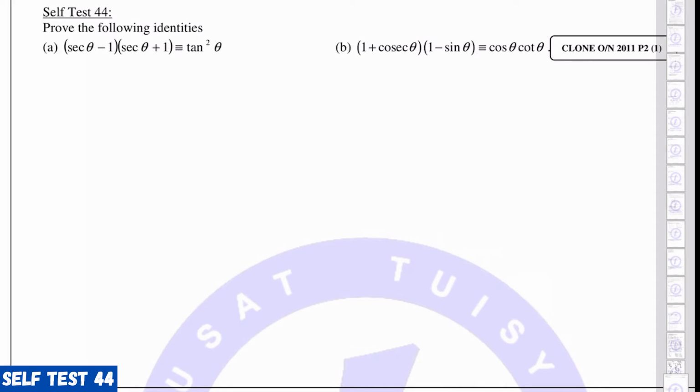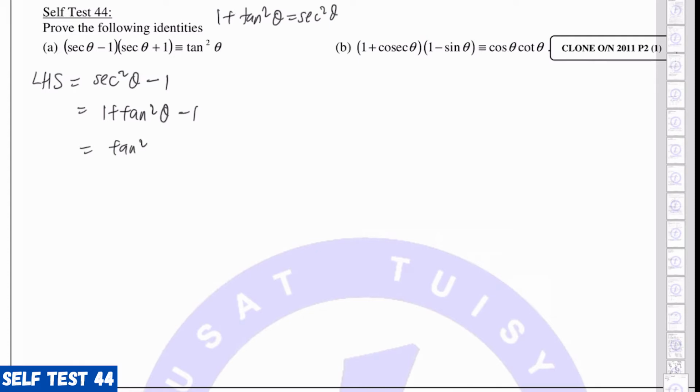Okay, let's move on to self-test 44. Now, here we have secant theta plus 1 and minus 1. So I think we can use the expansion of a minus b, a plus b. So the secant square theta minus 1. And this is really straightforward because we know, you go back to the formula, 1 plus tangent square is secant square. Remember this? Second formula for basic identity. So I can substitute 1 plus tangent square here, minus 1, you get tangent square,